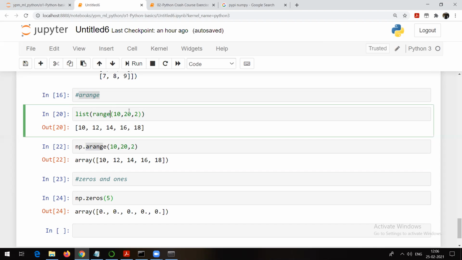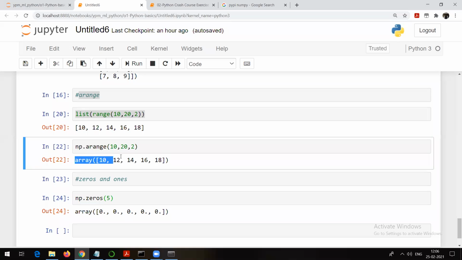The only difference between range and arange is that here we were getting the result either in list or in tuple, but here we are going to get the result as an array. So see, start, stop, and step. It has given me 10, 20 with steps of 2. That's why 10 plus 2 is 12, 12 plus 2 is 14, 14 plus 2 is 16, 16 plus 2 is 18. The stop point is 20, so 20 is not included in the result. Is it clear, Tavish? I hope it answers your question.